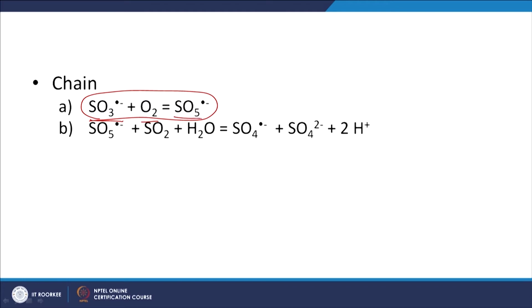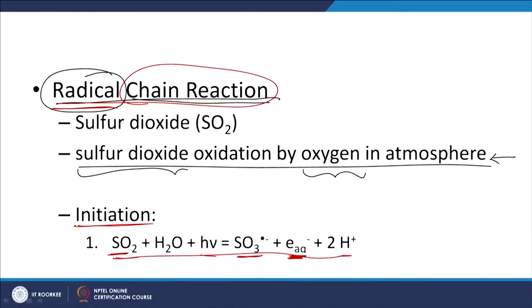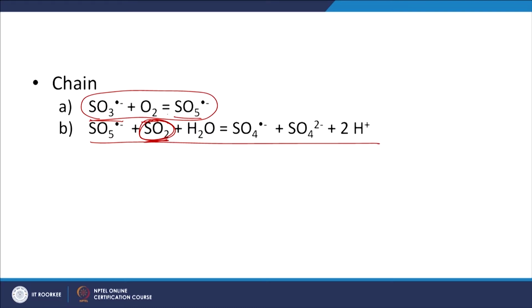And again this particular SO5 anion radical has another chain reaction here, again it is going to react with SO2, sulfur dioxide, right. This is what we were looking at. So let us look at where sulfur dioxide is being lost now. Here we had sulfur dioxide transforming into the sulfite anion radical, and here we also see that one of the byproducts, the SO5 anion radical, can again react with sulfur dioxide to form, I believe, SO4 2 minus and SO4 or sulfate anion radicals, right.